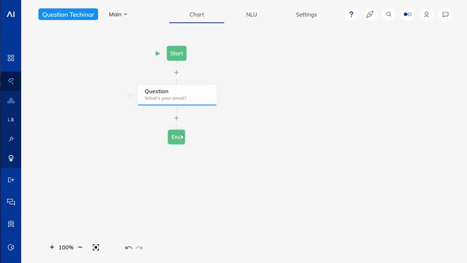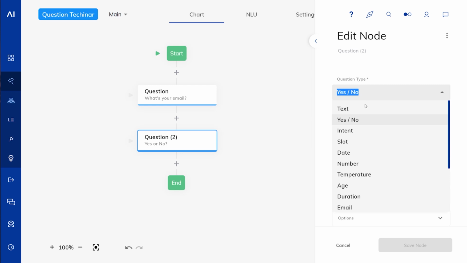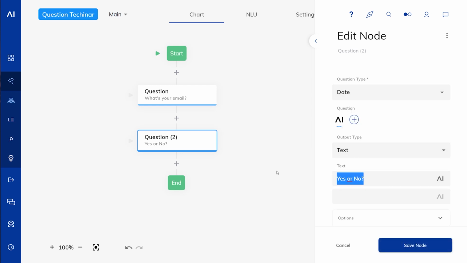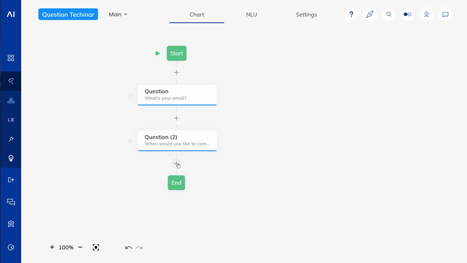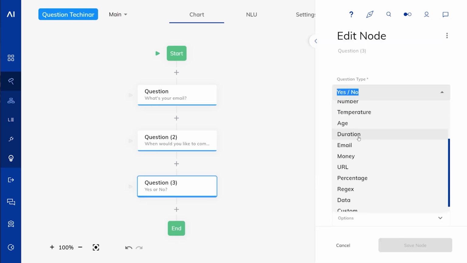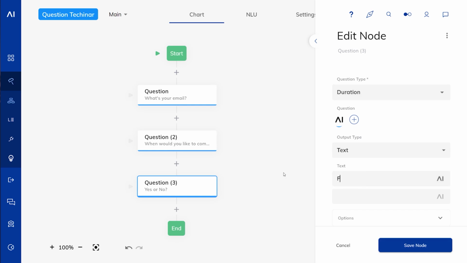Then we're going to have a second question, which is when would you like to come? And we will have a third question, which could be a duration question. For how long would you like to book? So it's a duration question, like 30 minutes.